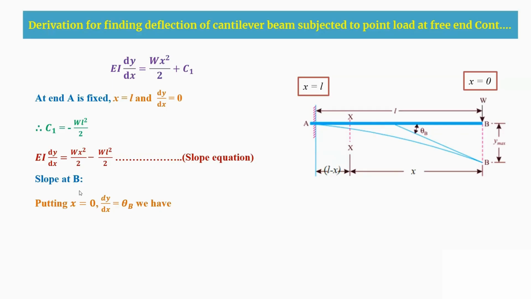After this, I substituted x equal to 0 and I got dy by dx is theta B. As I already told you, theta B is minus WL square by 2EI. So this is the slope at this B point. And the next case is,